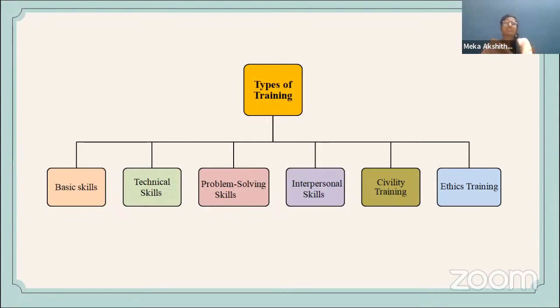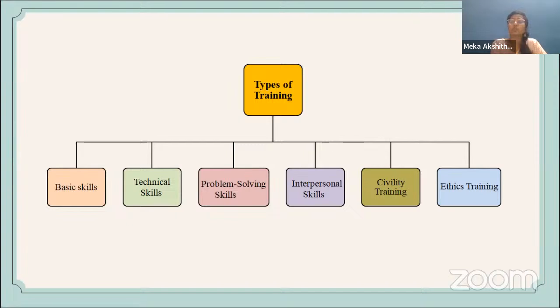Then comes civility training. In organizations, mostly some would be in the higher hierarchy and the others would be in the lower hierarchy, and also some would be bullying others. One individual would be bullying others, there would be peer pressure or colleagues' pressure, right? So in order to address this bullying behavior, dominant behavior, wherein civility, as in how to behave,